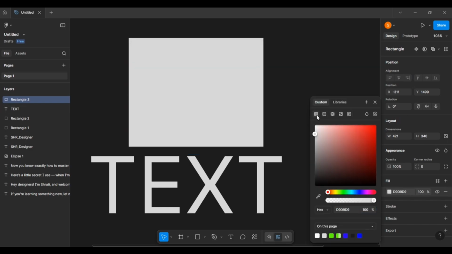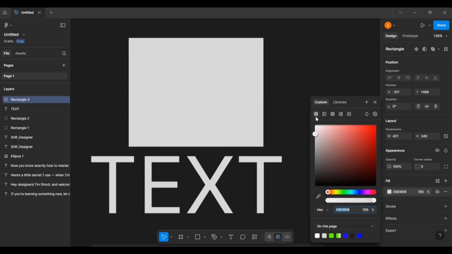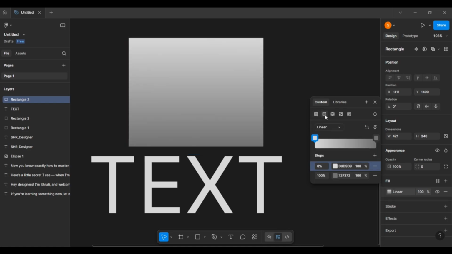So now let's move to the next thing, the gradient. This is a solid color. Now over here, on clicking the color, you can see that the solid pop-out menu is coming out. This is solid. Now we will move to the gradient part. For the gradient part, you can notice two cursors over here.